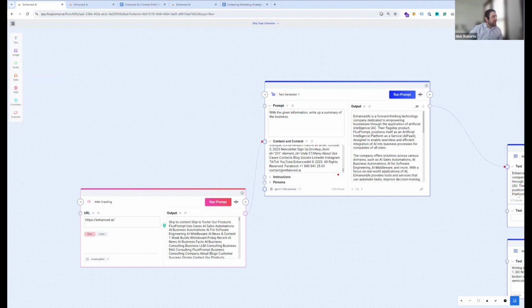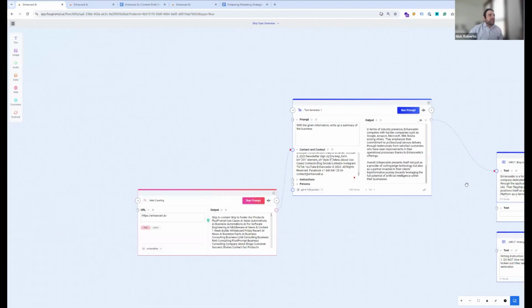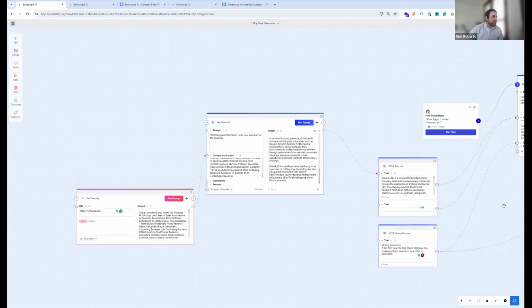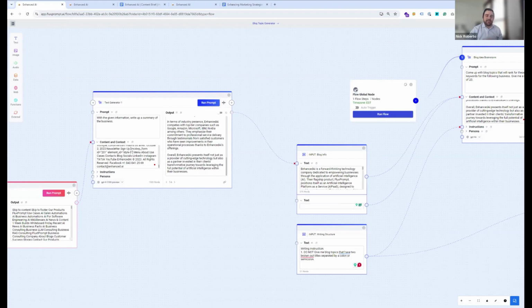In this case, we did enhanced AI. We have our output here, and within the output, it's nicely organized what you guys do and what you're focusing on from a service and industry standpoint. As I go over here, we take this text, and this is very automated. I'm just going through it one by one to make it easier. It takes this text and puts it in the text box here.